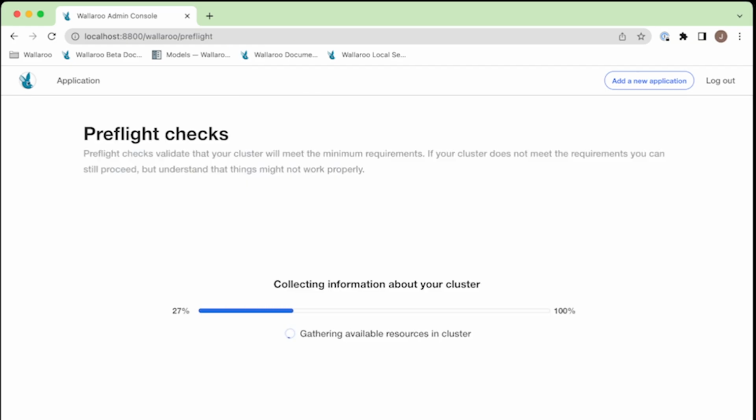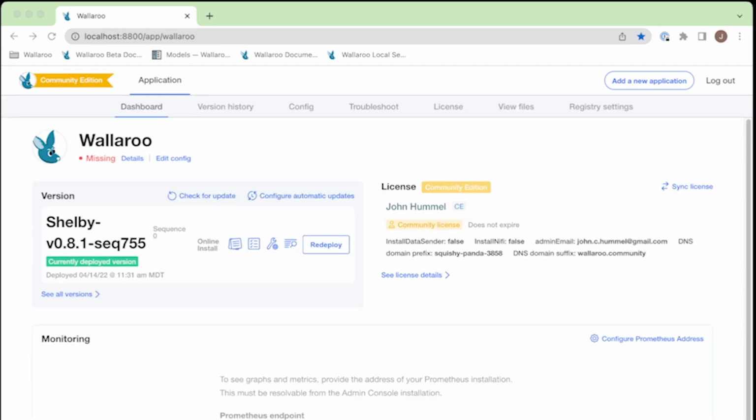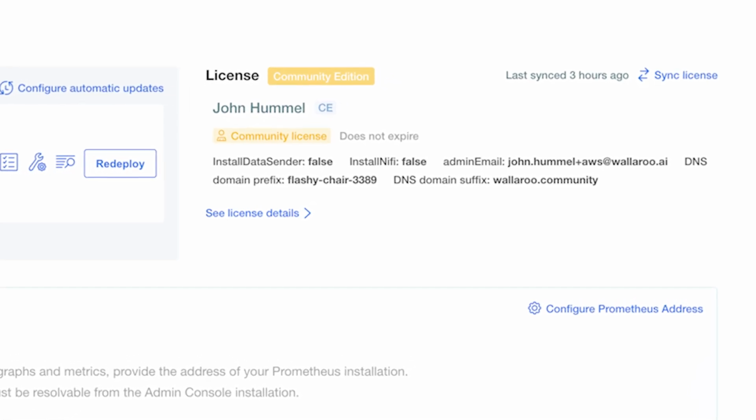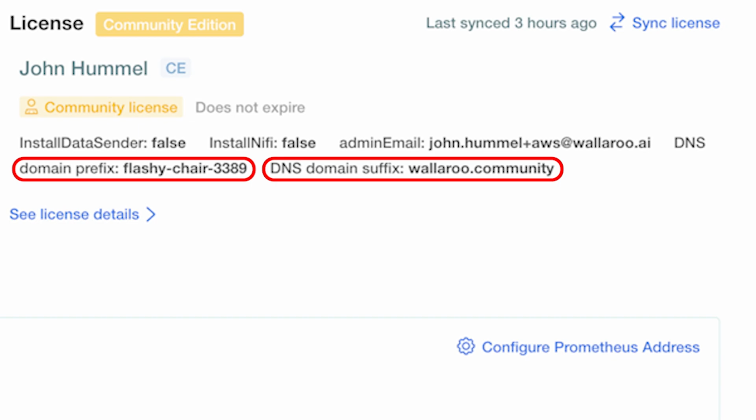Wallaroo Community will now perform a pre-flight check, making sure your Kubernetes environment is ready. And that's it. There may be some more background processes, but when your cluster is ready, you can access your Wallaroo Community dashboard and get to work. Time to access our new Wallaroo dashboard. You'll see the URL right there, domain prefix and the DNS suffix. In my case, it makes the URL for my Wallaroo dashboard